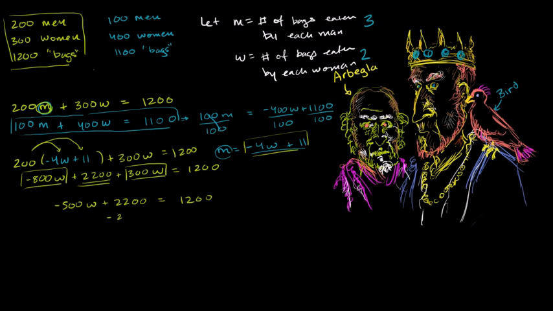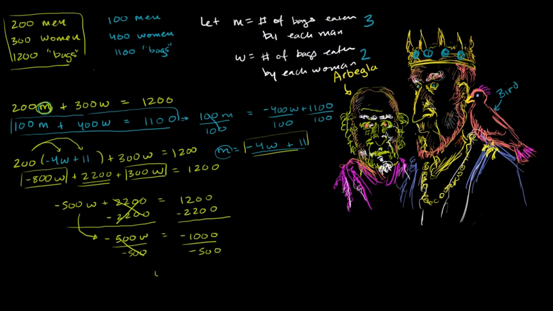So subtract 2200, subtract 2200. On the left-hand side, you're left just with the negative 500w, and on the right-hand side, you are left with negative 1000. And this is starting to look interesting, because if we divide both sides by negative 500,